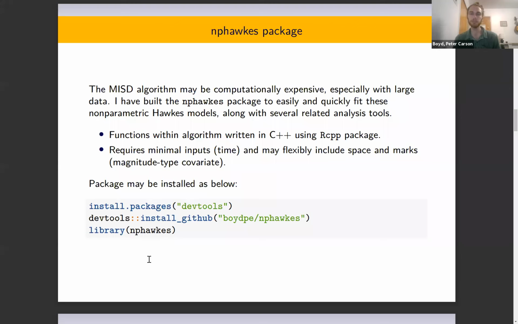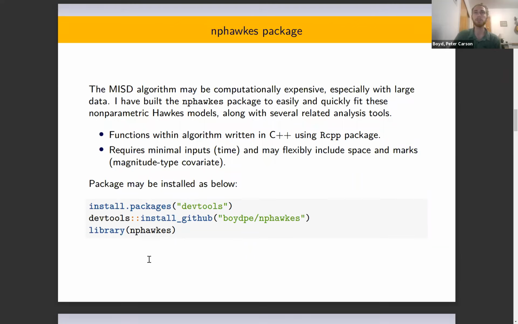All right, so that's sort of what self-exciting point processes are, as well as the MISD algorithm, the nonparametric self-exciting process. And so my goal here was to build a suite of functions that can be used to nonparametrically study point processes, self-exciting point processes. So this package nphawkes is a pretty easily implemented and fast package